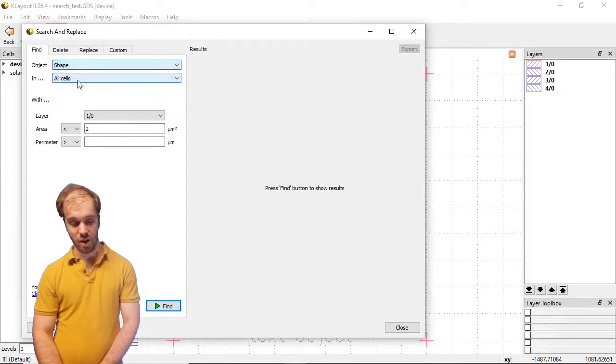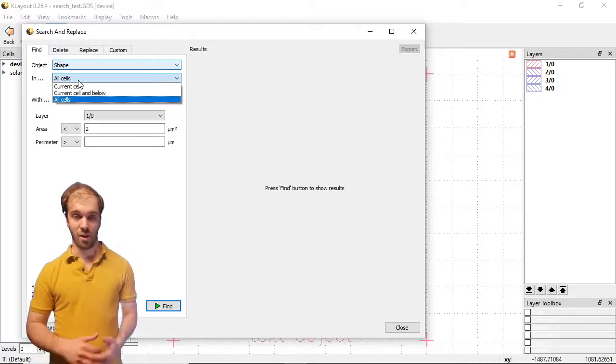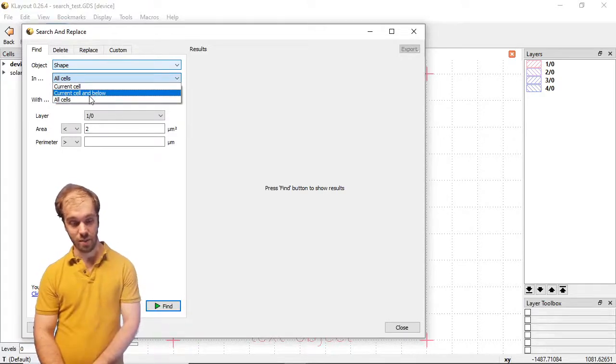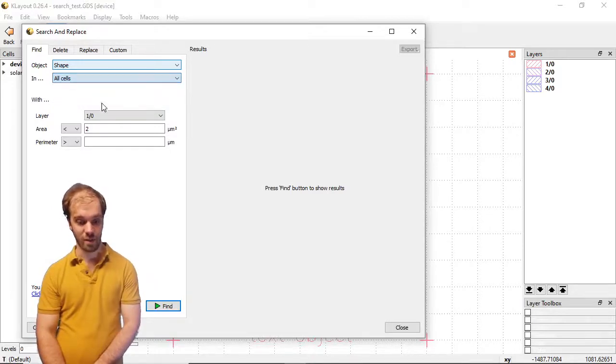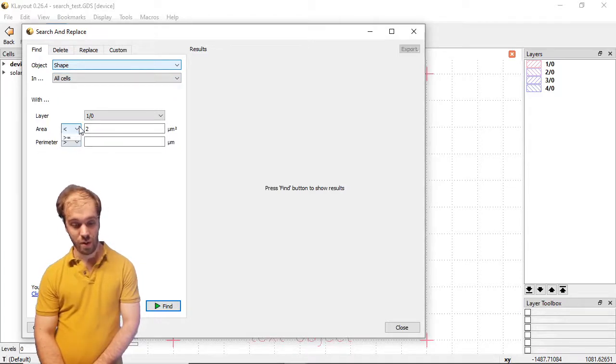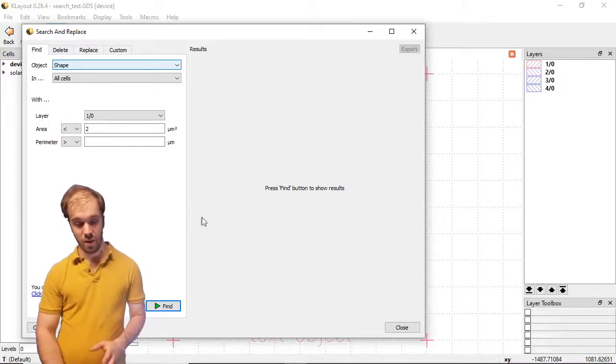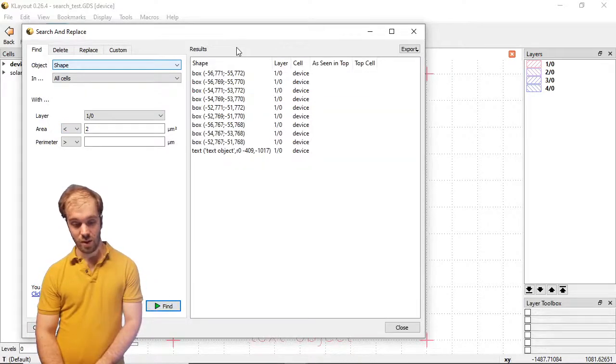So if I select shape, I can then specify what cells I want to look into. Do I want to look at all the cells, this cell, or the cells below it? So we can specify different parts of the hierarchy. And then we can specify more of the search parameters here. We can specify the layer, or even the area or perimeter, and we can say larger than, equal to, different kind of comparators there. If I go ahead and search at this point, it's going to throw me a list